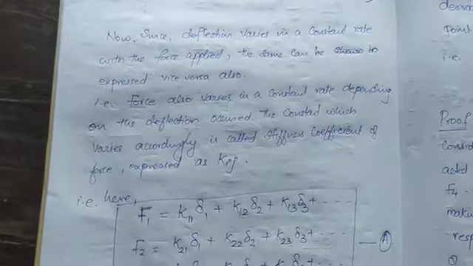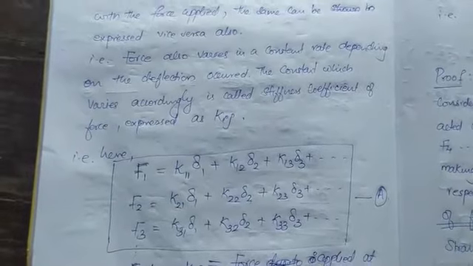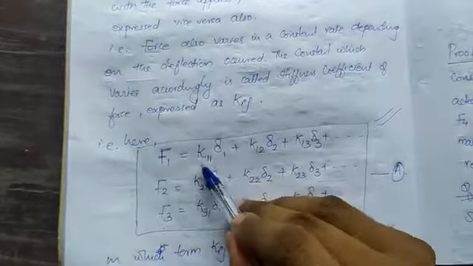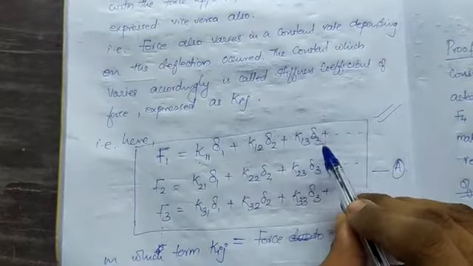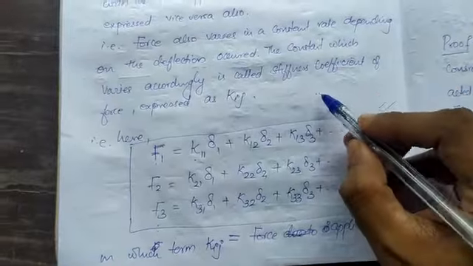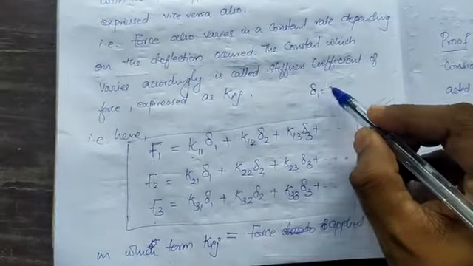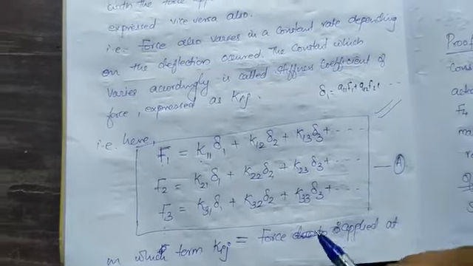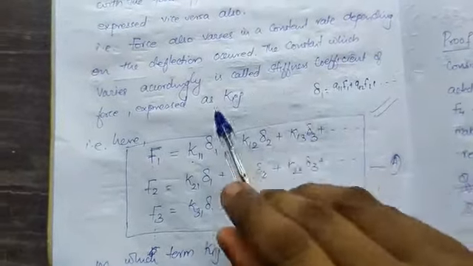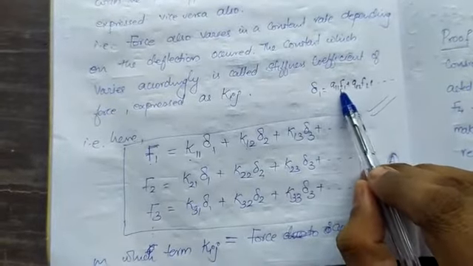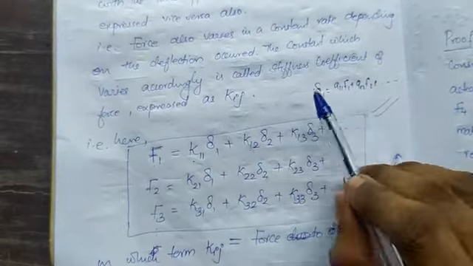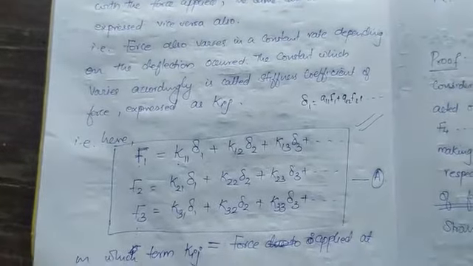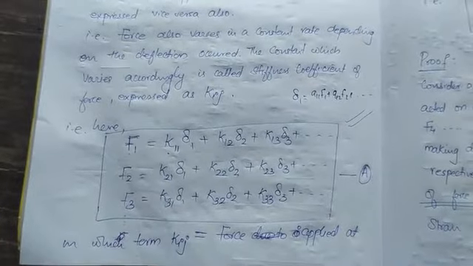Okay, so here what happens, similar to what we have done for influence coefficient, here F1 will be K11 delta 1 plus K12 delta 2 plus K13 delta 3. In the last case, delta 1 was A11 F1 plus A12 F2 plus, it will go like this. Here it is just opposite to that. You replace F1 with delta 1 and delta 1 with F1. Okay, right? So F1 is this one, F2, F3, it goes like this.